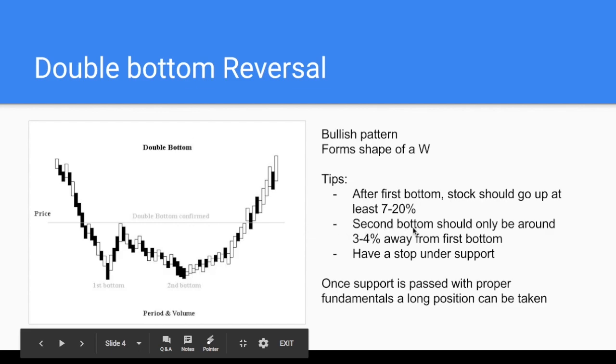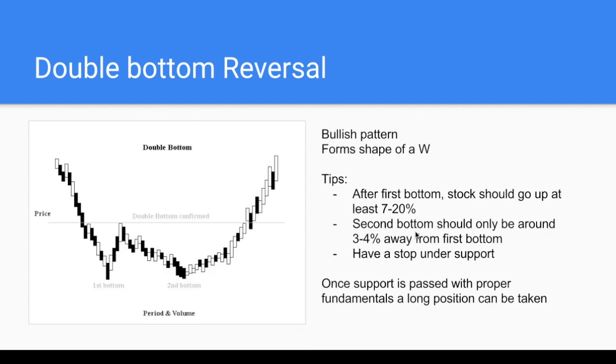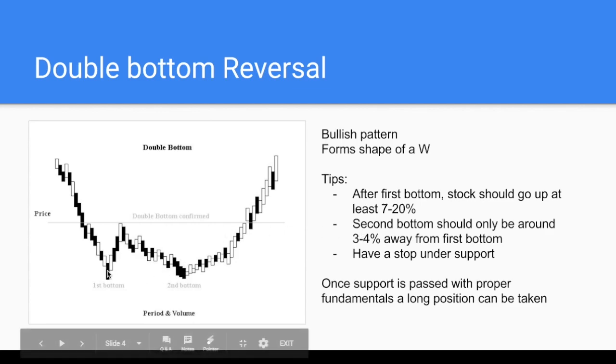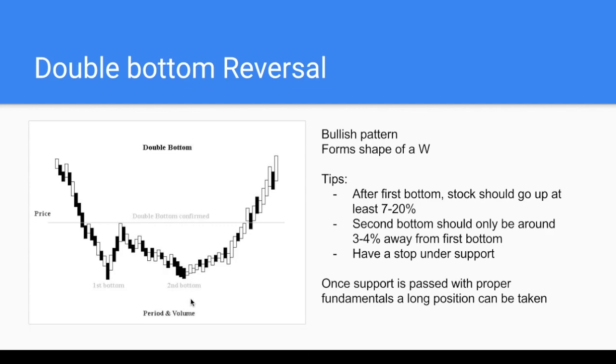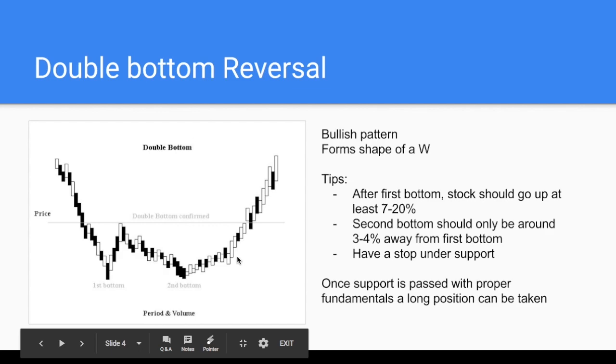The next tip is the second bottom should only be 3 to 4% away from the first bottom. The second bottom could be at the same support as the first bottom, but it shouldn't be more than 3 to 4% away from it in either direction, because if it's too much, then it's not really considered a double bottom anymore, and you would have to look into other things. And my last tip for this, you should definitely have a stop loss under the support that this is bouncing off of,